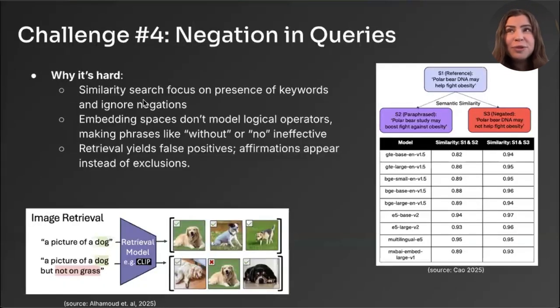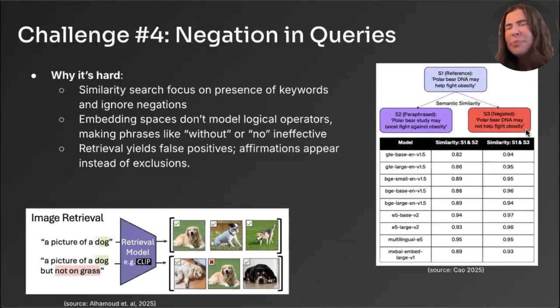Our next challenge will be still looking at this movie data set, and we'll be doing a query with negation. Negation has been a huge challenge in NLP for many years. Vanilla RAG set up uses similarity search, doesn't have keywords. You don't have logical operators in your retrieval typically, so words like no are not getting interpreted correctly. So in this example on the right here, we have a reference sentence, polar bear DNA may help fight obesity. There's a paraphrase sentence, polar bear study may boost fight against obesity, and a negated sentence, polar bear DNA may